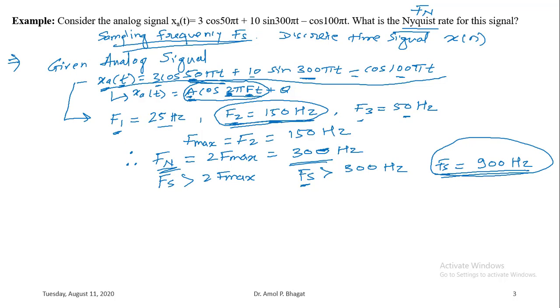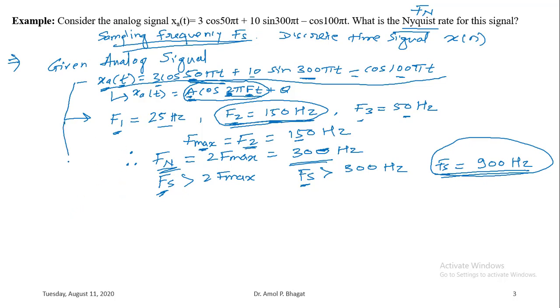The first frequency component was 25 hertz, the second was 150 hertz, and the third was 50 hertz. Out of these, we have taken the maximum frequency component, that is f2, so 150 hertz was the maximum frequency component of the given analog signal, and from that we identified the Nyquist rate and the sampling frequency. Now let's try to identify the discrete time signal, that is x of n,